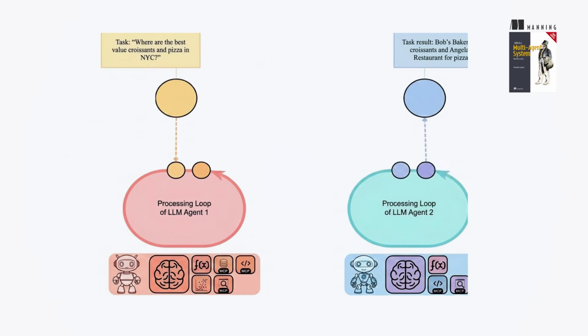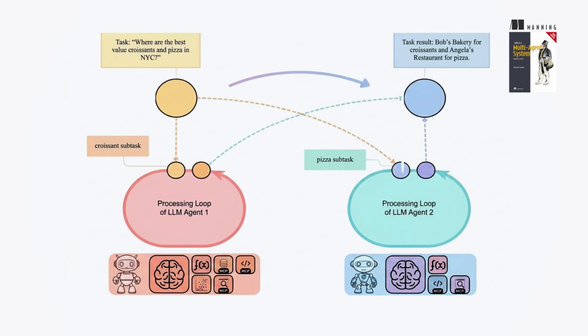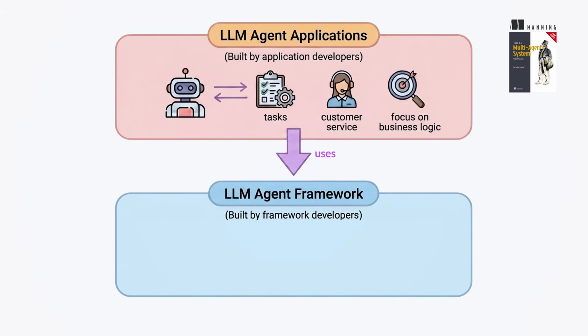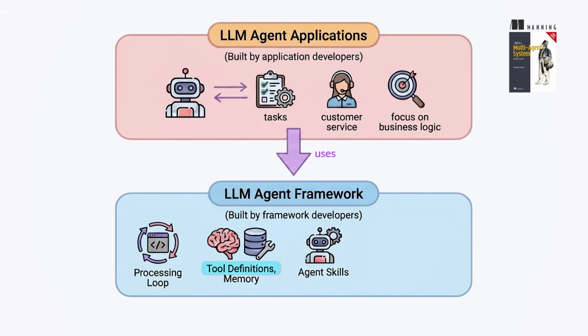A multi-agent system combines multiple LLM agents to collaborate on a broader task. Multi-agent systems work best when the task decomposes cleanly, and specialized agents outperform one general-purpose agent on the smaller pieces. Existing frameworks simplify agent applications, but they hide the machinery: loops, memory, tools, MCP support, skills support, and coordination logic.